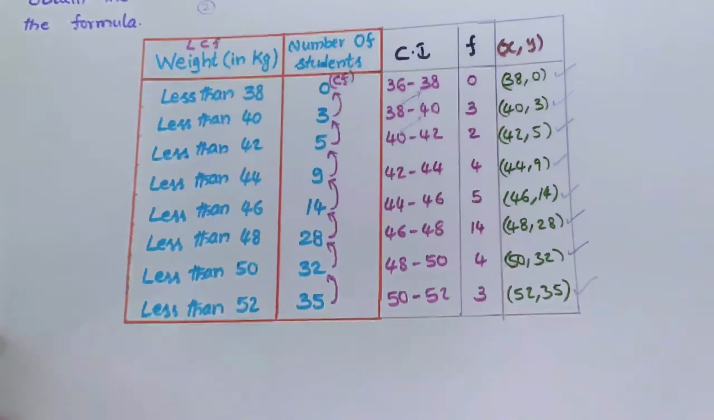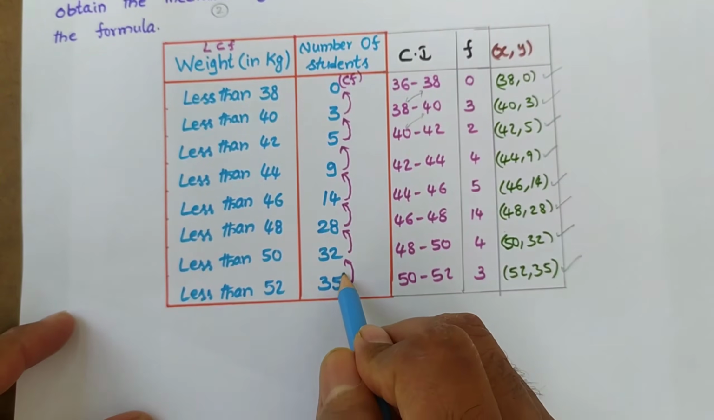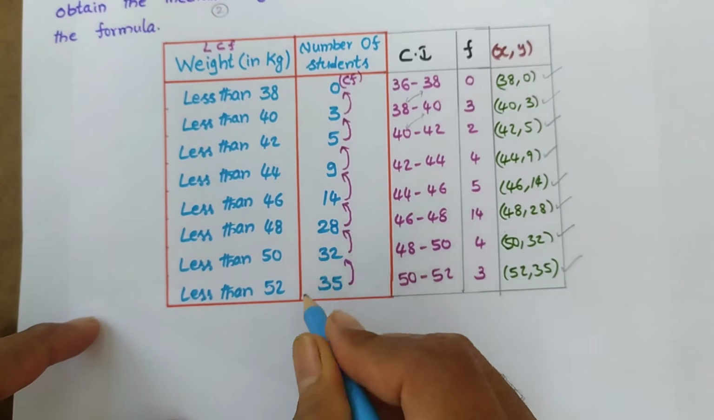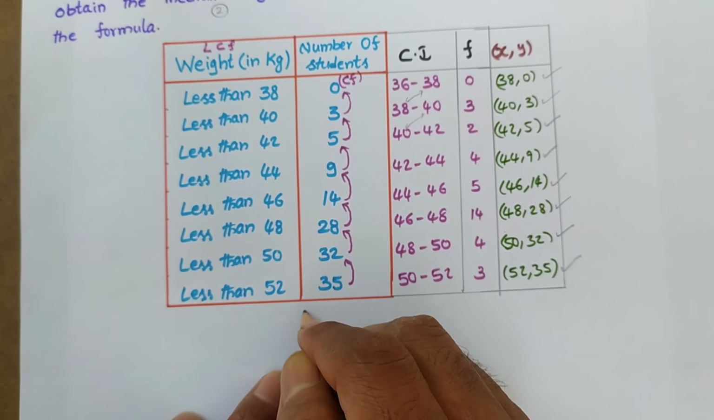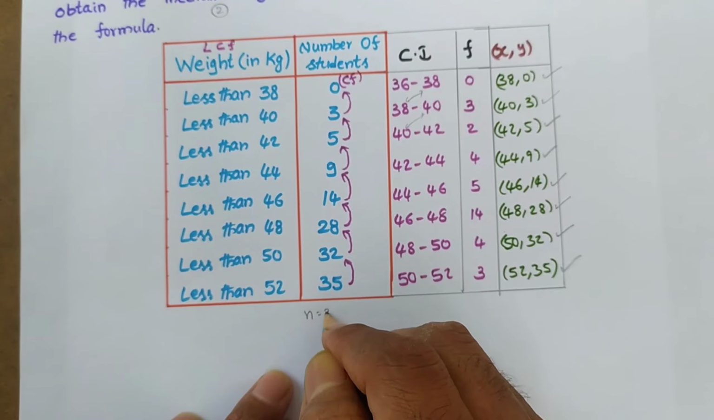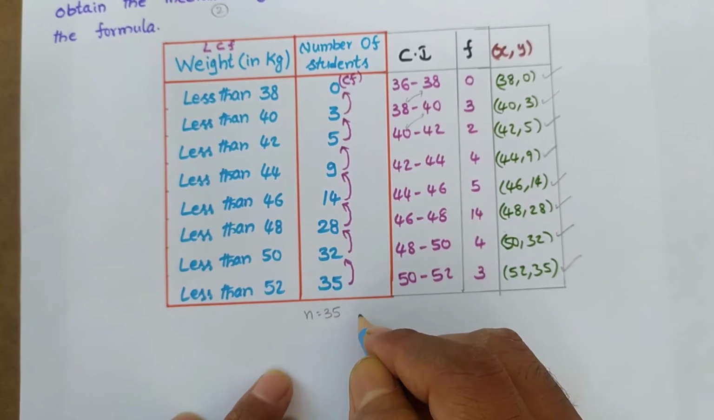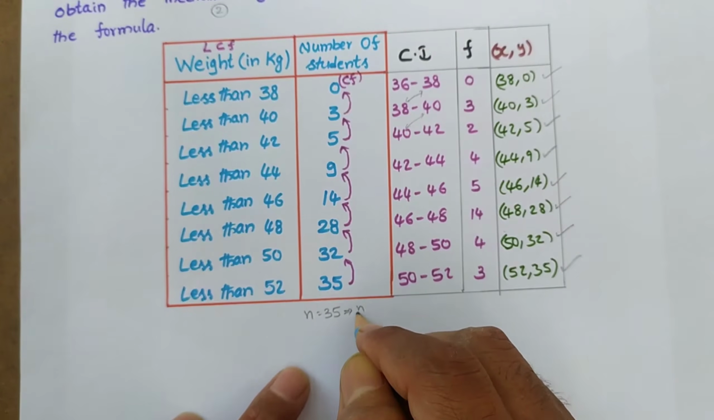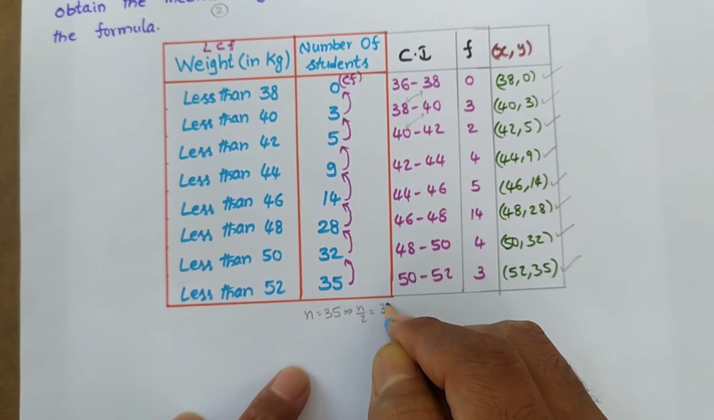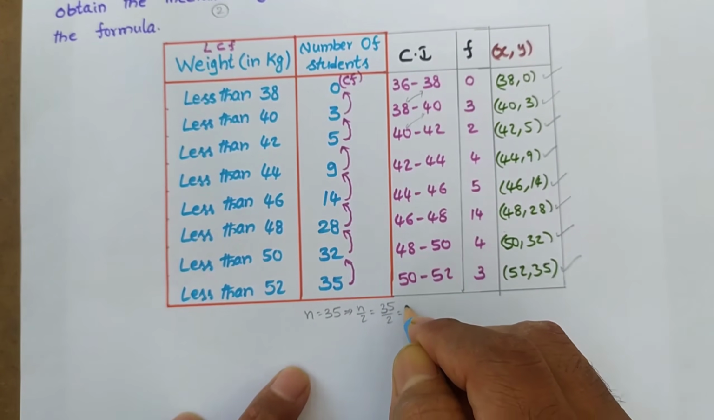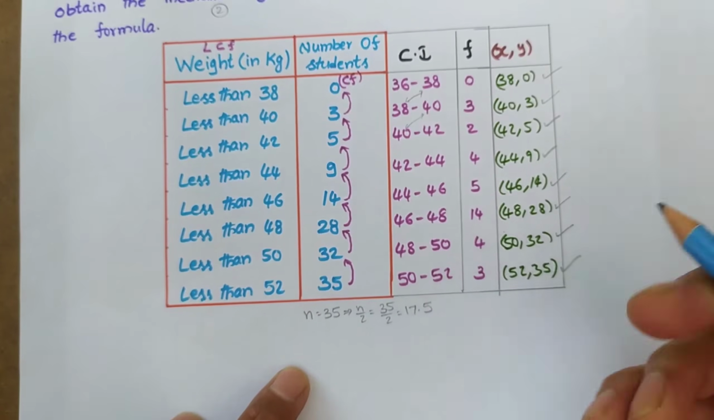here you see this cumulative frequency total is 35, that is called n. So here I am writing, this is n, n is 35. So we need to find n by 2, n by 2 is 35 by 2 is 17.5. Now